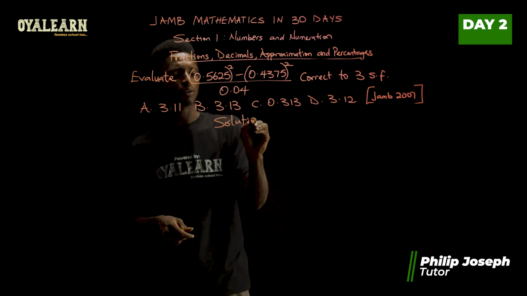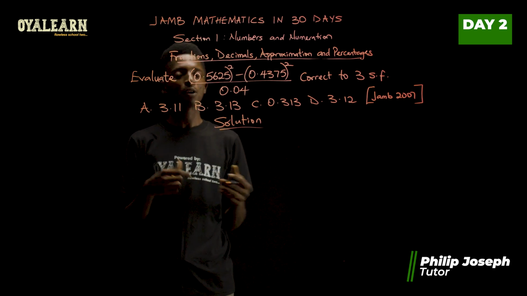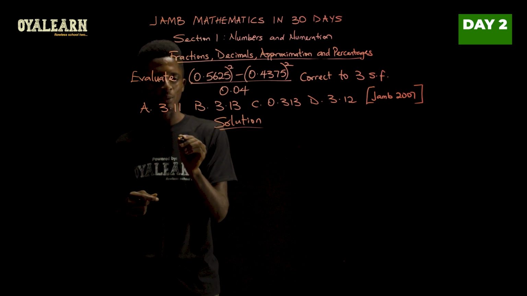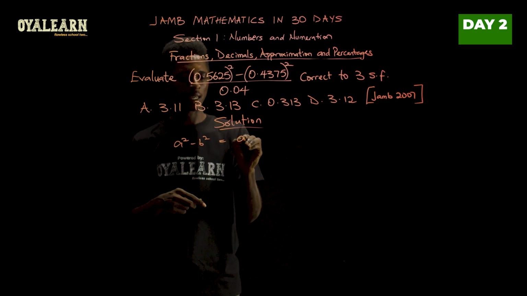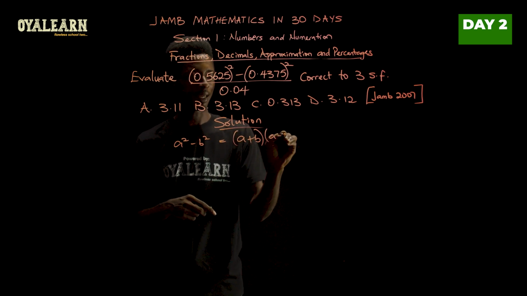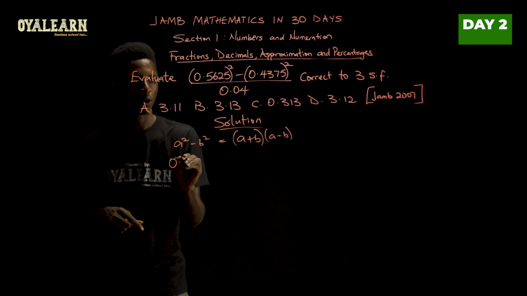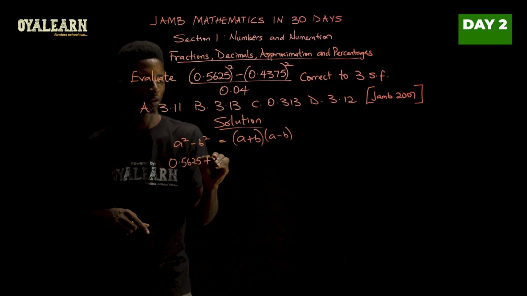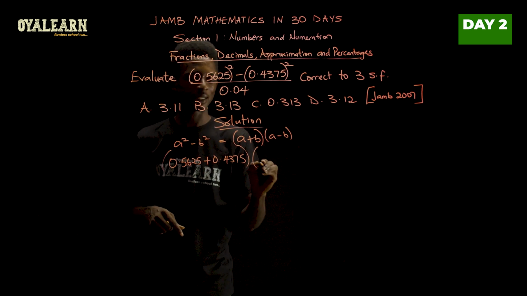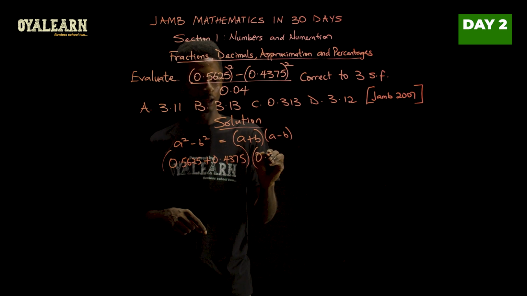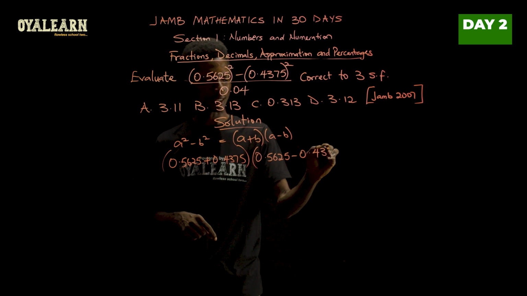Now when you consider the numerator here, you see that we have a difference of 2 squares. And one of the ways you can solve a difference of 2 squares is to take note that when you have a squared minus b squared, what you should have is a plus b multiplied by a minus b. So let's apply this here. So therefore, we'll be having 0.5625 plus 0.4375. Then we multiply this by their difference now: 0.5625 minus 0.4375,